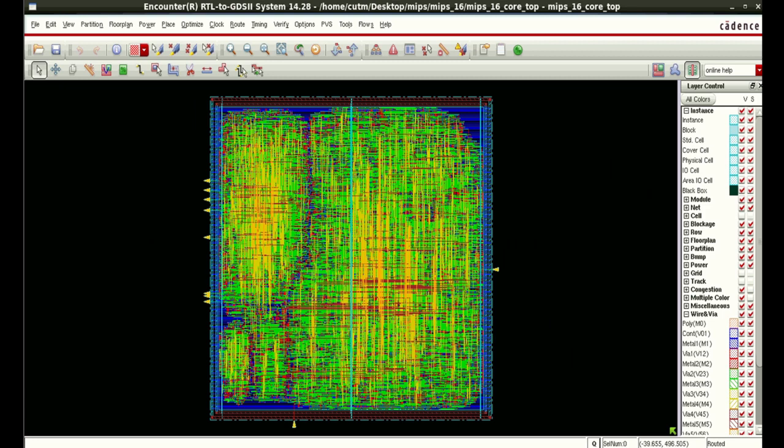The final chip layout of the MIPS processor covers all stages from logic synthesis to fabrication as a back end design. It starts with logic placement, routing, layout, physical verification, and static timing analysis. Here we are using static timing analysis to analyze. We have got the final chip layout of the MIPS processor.